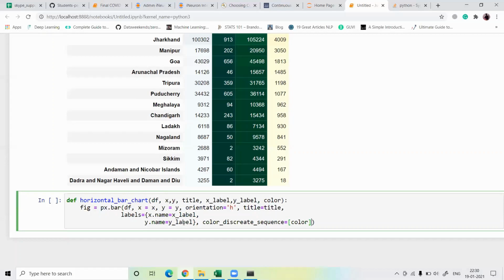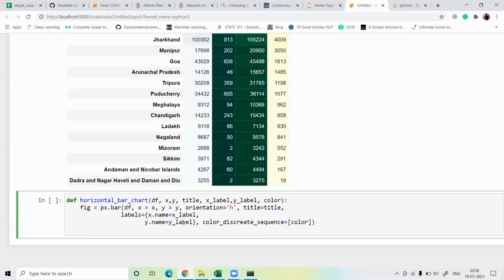Then let's update this, figure.update. What can we update? We have to update the layout. So layout y axis is equal to category order, and the value is total ascending, in the ascending order, guys.